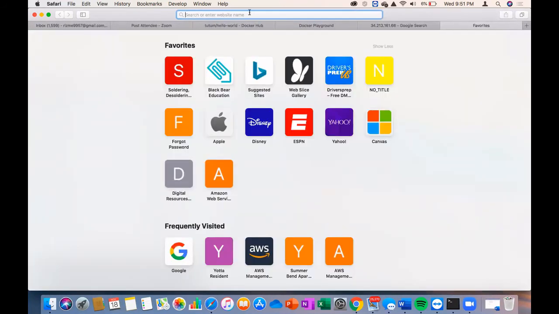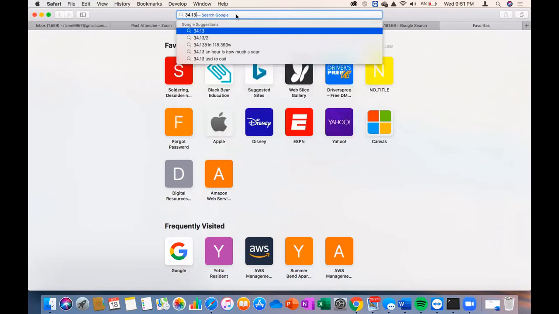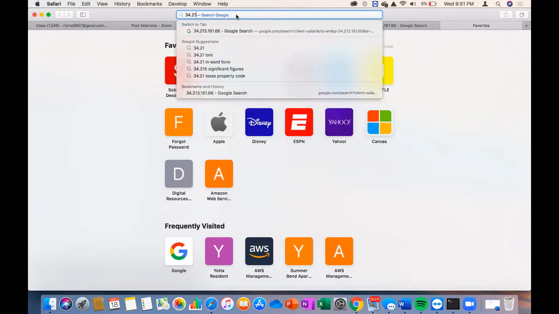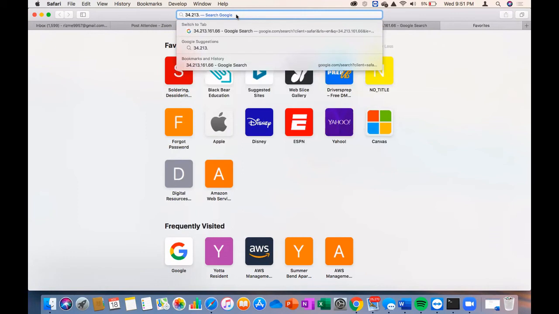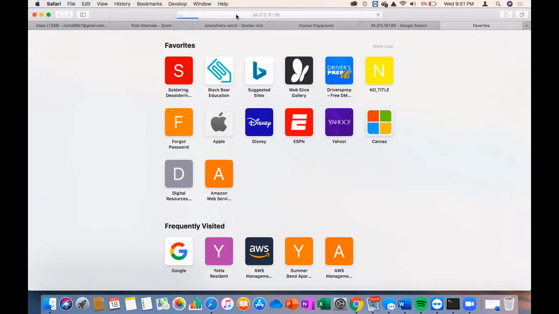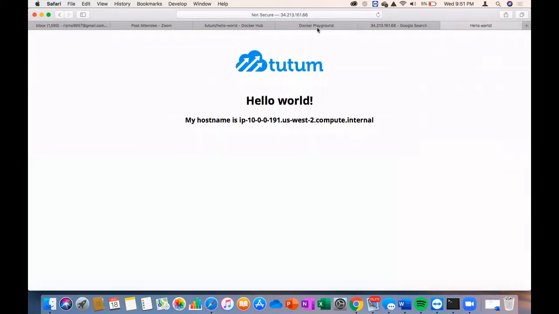In a new tab, let me put the IP: 34.213.161.66. Is that correct? Right, press enter. And now yes, correct.